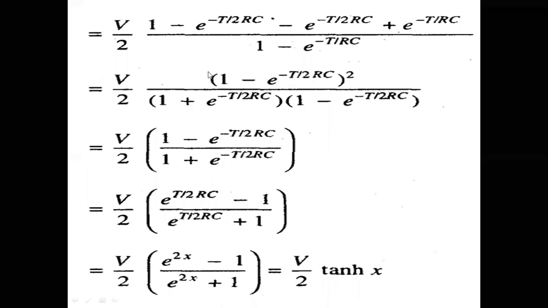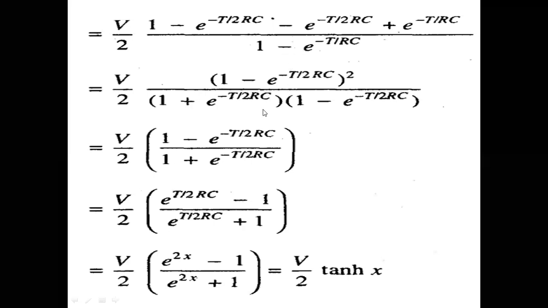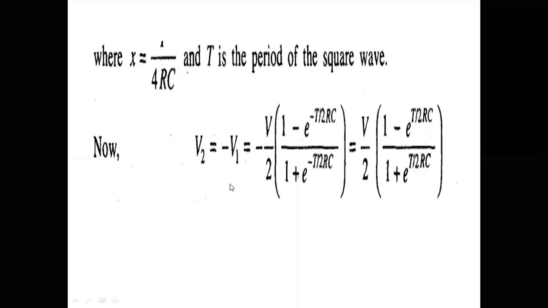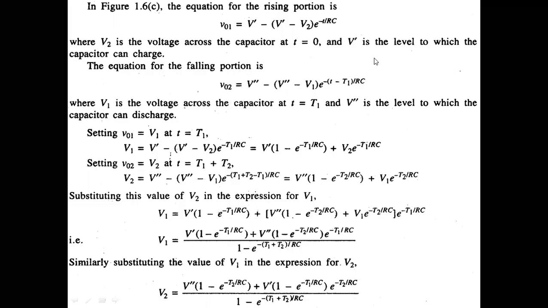Simplify these equations, very easy. Simply multiply these values so that you get this expression. If we have a positive or negative, the terms will be cancelled, and finally you will get this tan x formula. Therefore, this is regarding your sine wave output voltage, because our derivation was the output voltage of a sine wave. Once again, in order to know the sine wave output voltage, you have to take this third wave. In the examination you have to draw this waveform separately here, and from this you have to derive it.